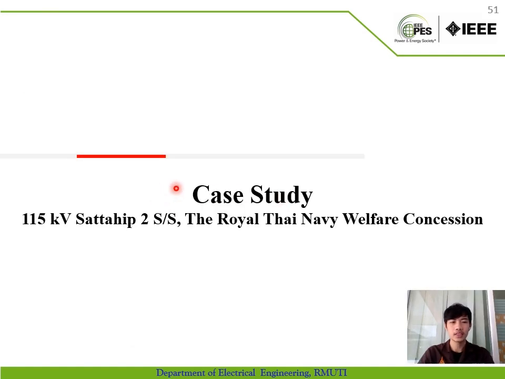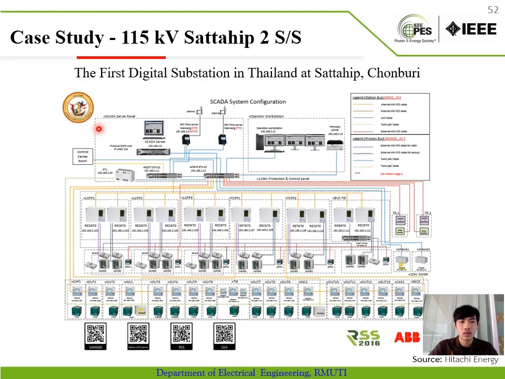The next content is the case study of the 115 kV Sattahip 2 substation, the Royal Thai Navy Welfare Concession. This is the SCADA system configuration of the first digital substation in Thailand, at Sattahip, Chonburi province. With the case study, I have studied the high volt part that